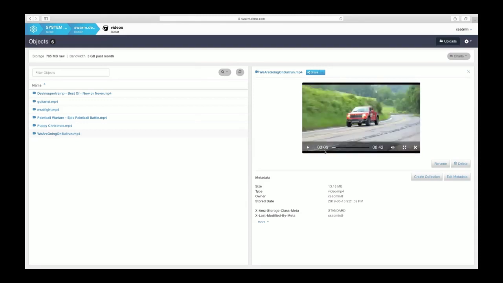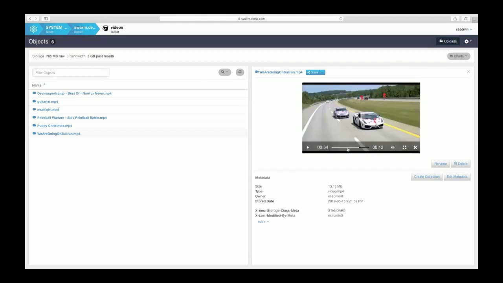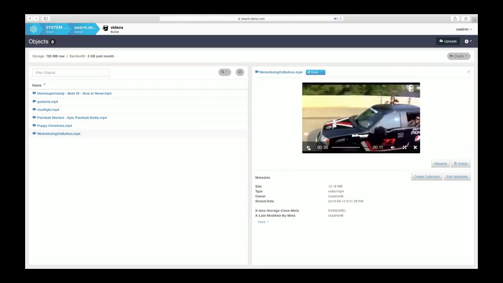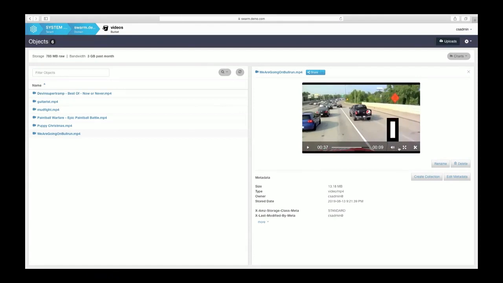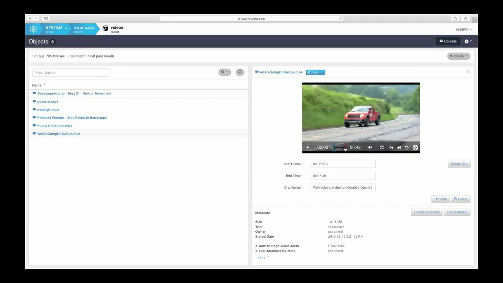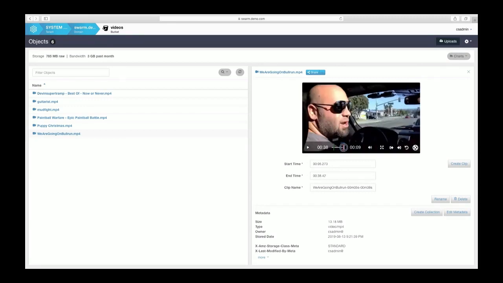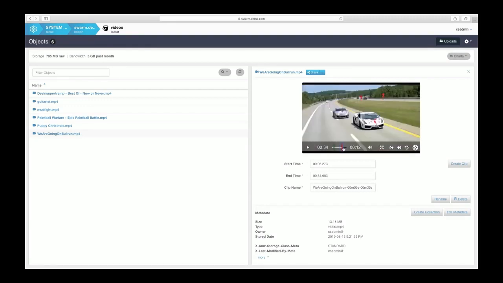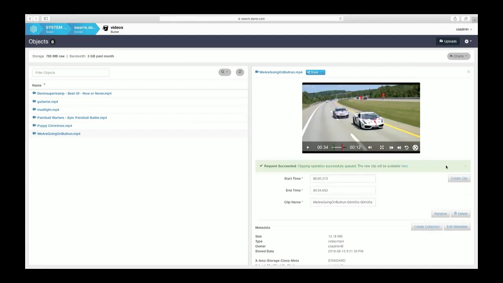Now, you need to set the start and end time, and there are two different ways to do that. There is a green slider and a red slider you'll see come up here in a bit, which allow you to set the start and end time for your segment. You can also type your start and end time into the dialog box below if you want. Notice that the clip name is dynamically generated by the segment time. That's how the clip is named, but we also store the source information in the metadata so that you can easily look that up through our sharing feature.